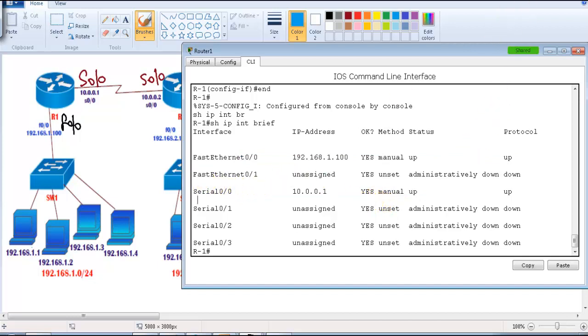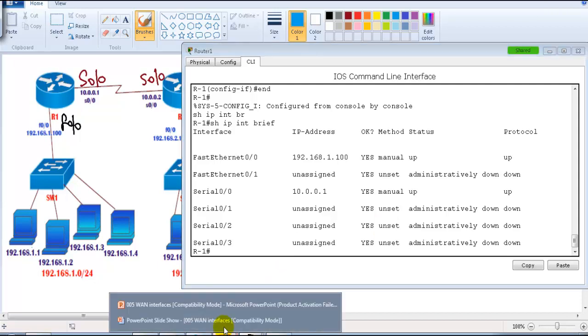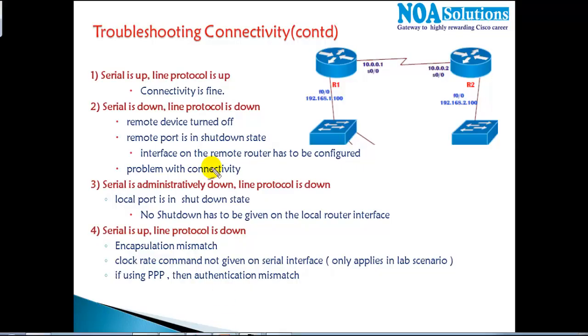Okay, so what if you don't see up and up? What might be the possible reasons? Let's say you see the interface status as down. It can be a LAN interface or a WAN interface, any interface. If you see down, there is some connectivity issue or some other problem. So let's try to figure out the possible issues.